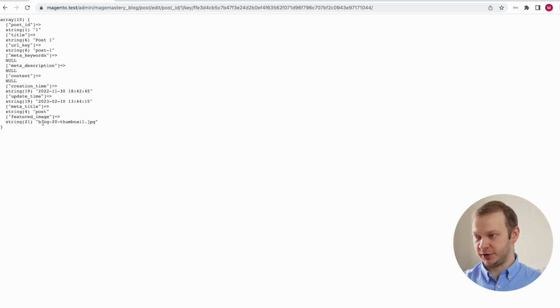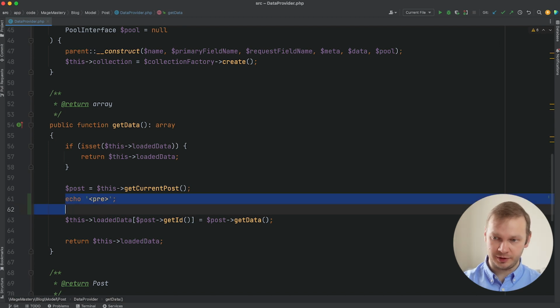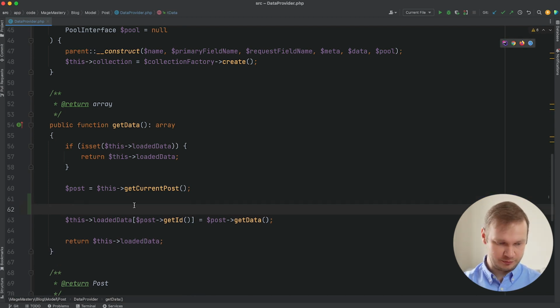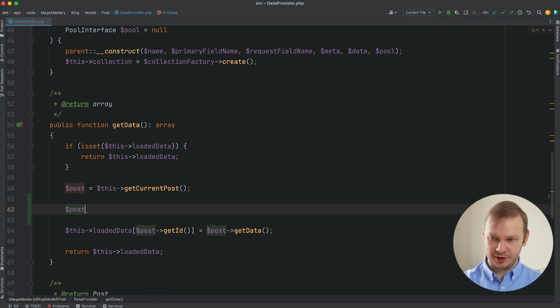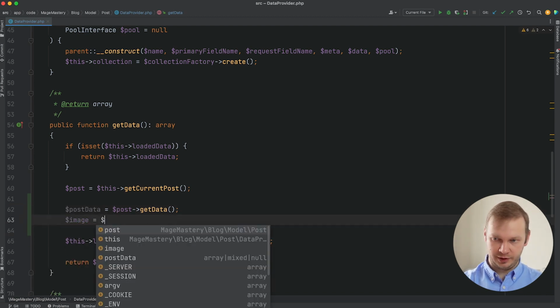As we can see, we have featured image. It's a string loaded from the database successfully. That's fine. However, we need a different format. And in order to fix it, let's assign data of a post into a postData variable, and let's have an image,